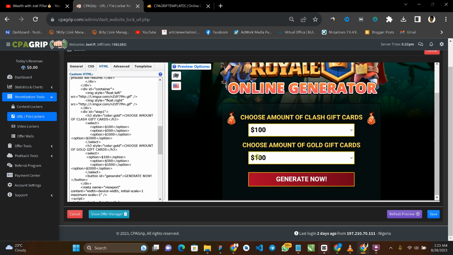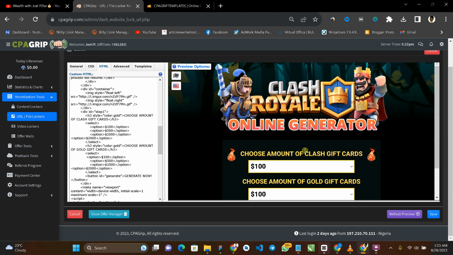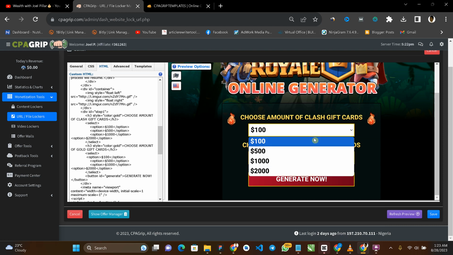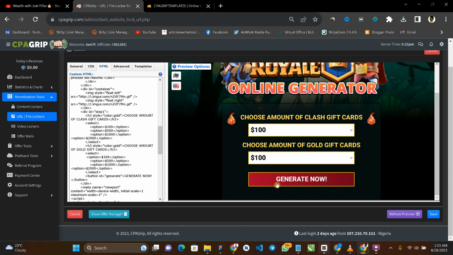Okay, so our template is looking good, and whoever landed on this page will be wanting to get all these offers. Yes, all these offers. We want to complete this to get this item gift. So if you want to change this generate now, as you can see, this is generate now. So the right thing that can be there is something like